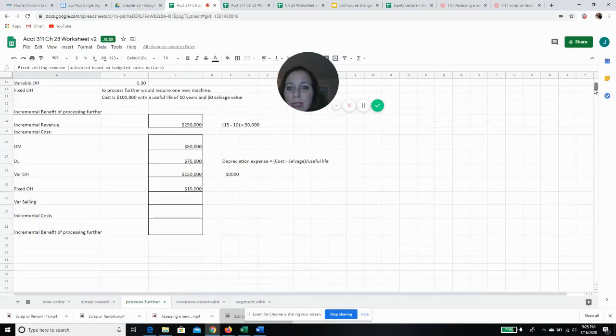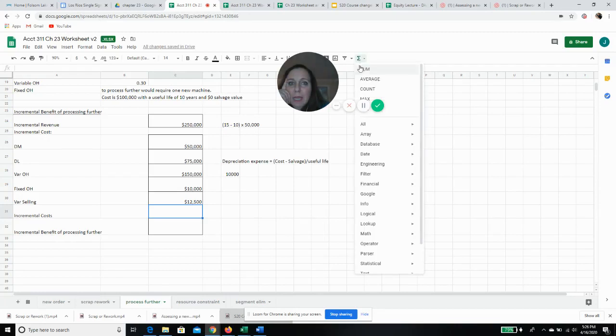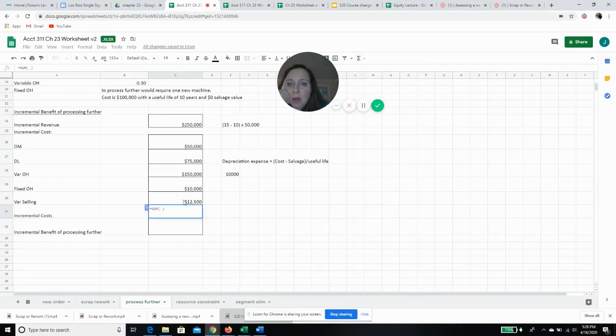So 5% of my incremental sales is going to be 250,000 times 0.05. Because again, I'm only looking at the difference between if I upgrade the product. So I'm going to pay an additional $12,500 in commissions. So I'm going to add up my total incremental costs,